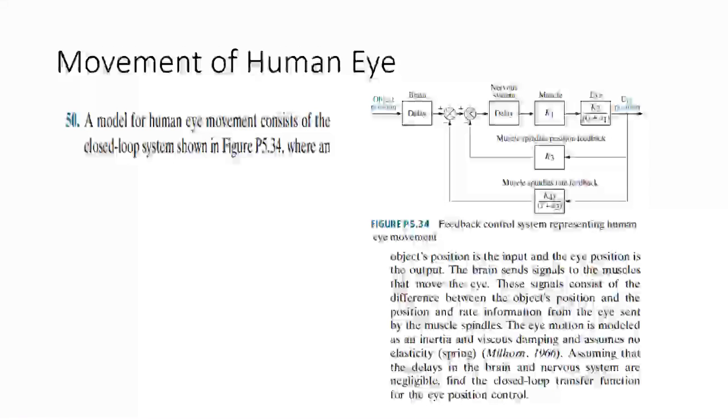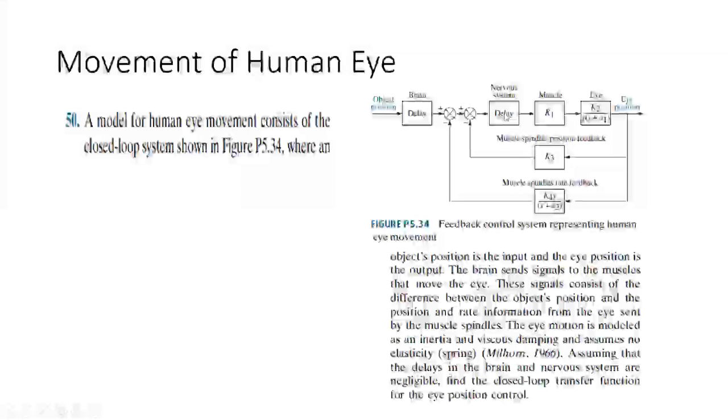So, this is our closed loop system. By using this closed loop system, first of all we learn what this block diagram and closed loop system are saying. The object position will be an input going to the brain, and there will be some nanosecond delay. After this it will go to the errors. When the system's input passes through these errors, it goes to the nervous system, and there will also be